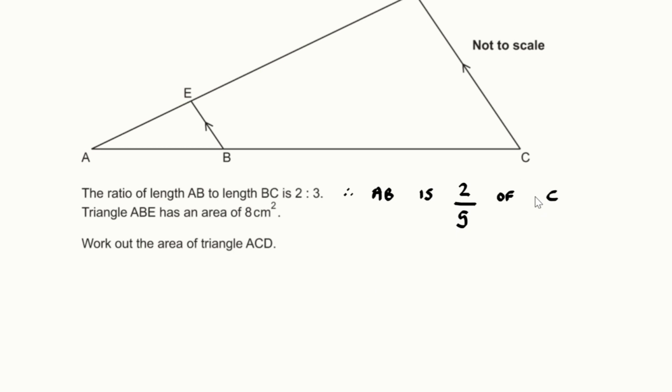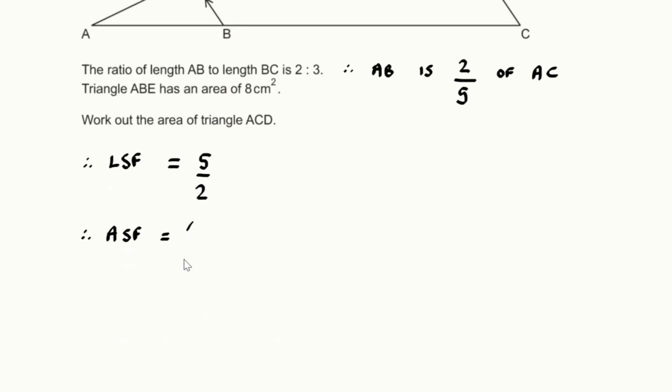Rather, is 2/5 of AC. And if that's the case, then the length scale factor is equal to 5/2. And therefore the area scale factor is length scale factor squared. So I've got 5/2 squared, which gives 25/4. And so the area of the triangle